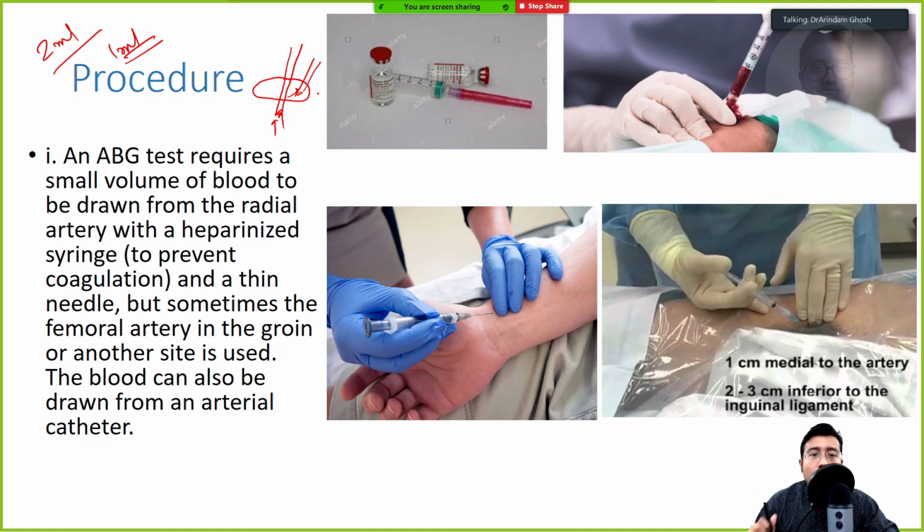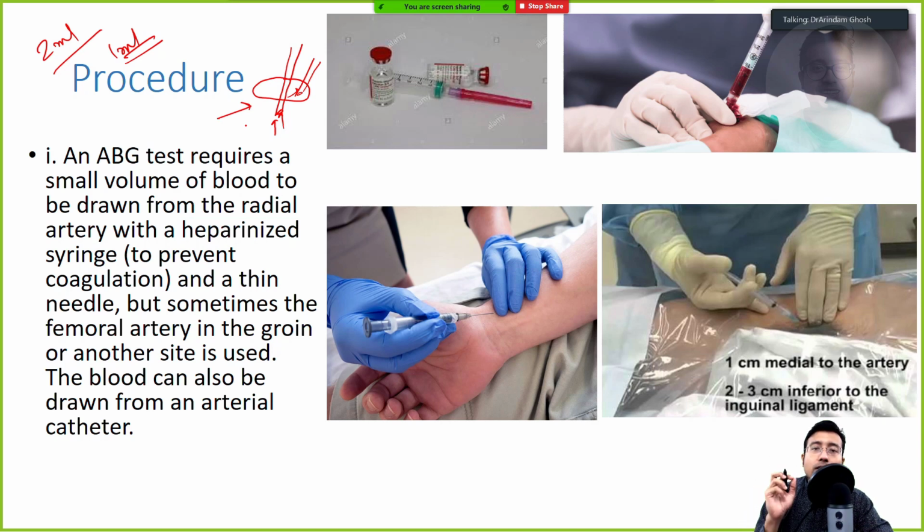What you need to do is make sure that this blood doesn't clot, number one, because this is very precious blood. Generally, arterial tapping is a much required skill. Maybe you won't be able to do it, maybe your seniors will do it, so you can't do it all the time. When you need to send a venous blood sample as an intern, you can do it all the time, but not ABG. Generally, ABG, arterial tap, is done under the supervision of seniors, so he might not be available all the time.